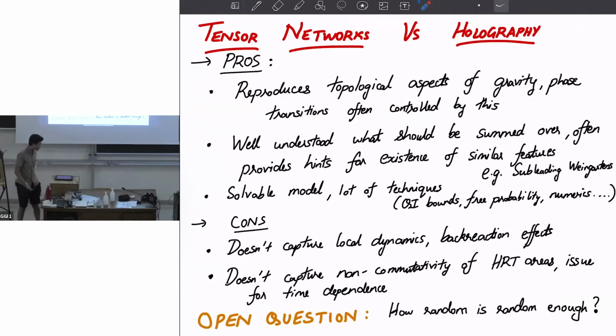So just in general, let me say that tensor networks reproduce some features of holography pretty accurately, probably more accurately than we should have expected. In particular, it's because this sum over permutations is exactly analogous to the sum over topologies that some of the topological aspects of gravity are pretty much reproduced by the tensor network. And it's interesting because phase transitions in quantities are often controlled by these non-perturbative effects, which come from other topologies. So the tensor network is pretty useful when you want to learn about such non-perturbative effects, and it's an easy playground where you can figure them out.